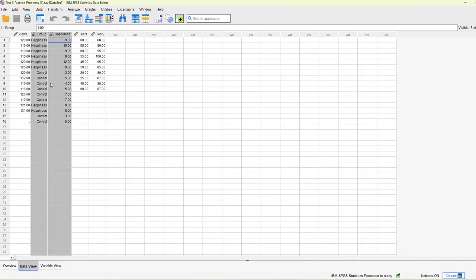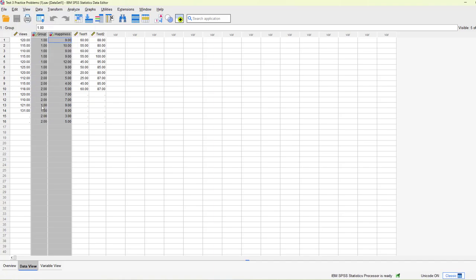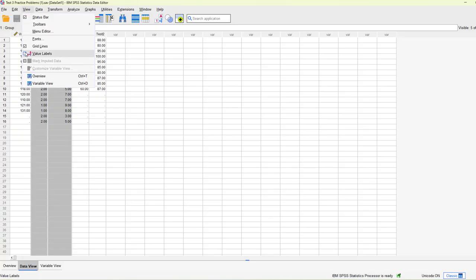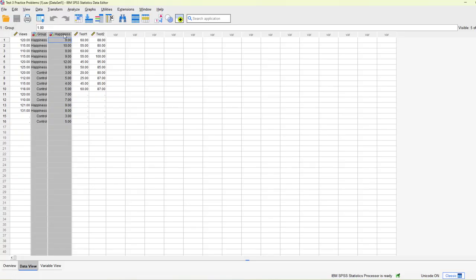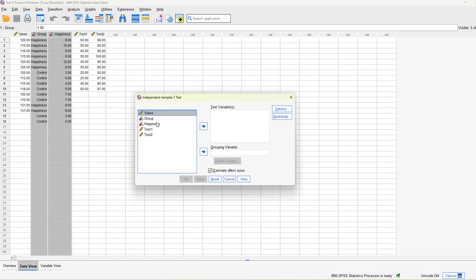So that's happiness is 1 or 2. Well, we can just look at it. If we click view, take the value labels off, that group's 1. The other group is 2. So happiness is 1, and then this is levels of happiness. So if we click analyze, compare means, independent samples t-test, we're going to move group to grouping variable, click